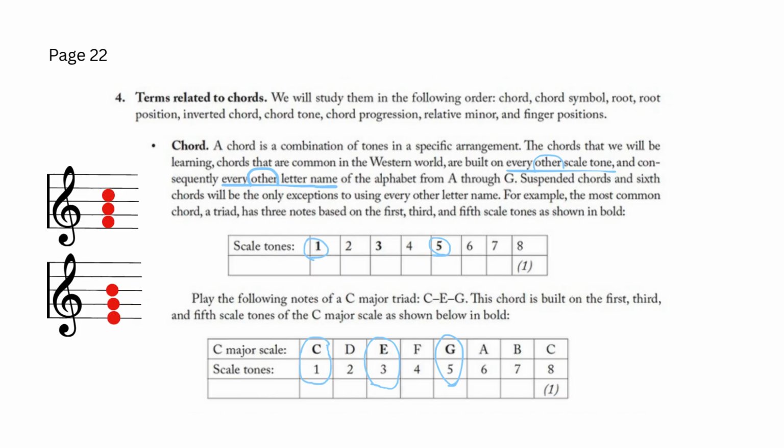So here we go. I'll play it again. Here's the scale. C is the first scale tone. D is the second. E is the third. F is the fourth. G is the fifth. A is the sixth. B is the seventh. C is the eighth, or we call it the first. So in bold we have C, E,